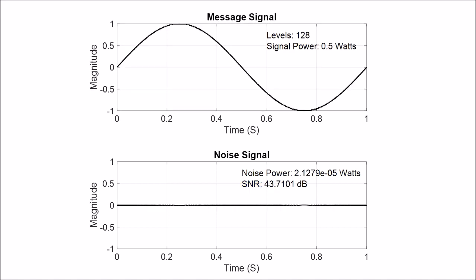7 bits per sample gives 128 levels and a signal to noise ratio of 44 decibels. And 8 bits per sample gives 256 levels and a signal to noise ratio of 49 decibels. And this is as many bits per sample as I used in this